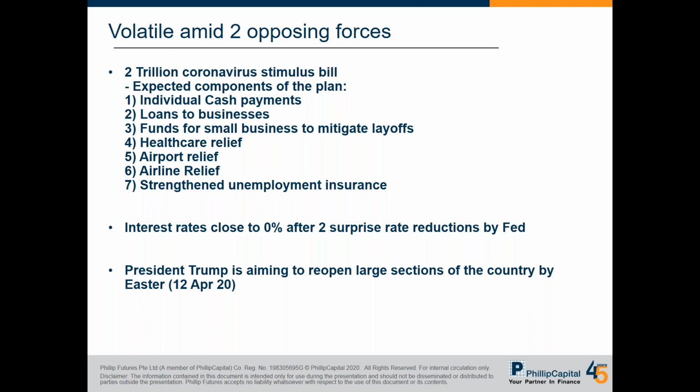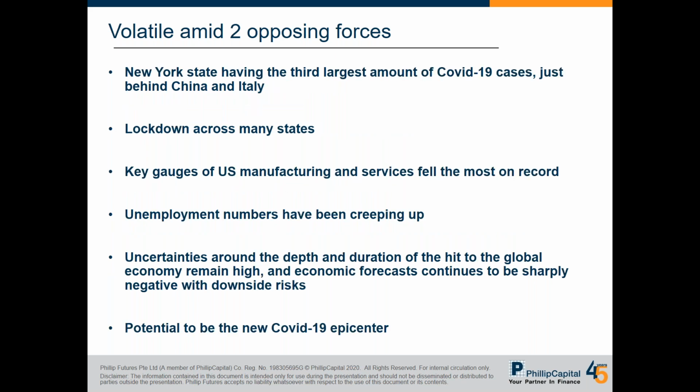Also, you can see that President Trump is very business-centric. He's aiming to open large sections of the country by Easter, which is 12th April. So all of this shows that there are two sides of the camp. One side of the camp in the US is very pro-business. They want the economy to recover in the US, but of course there is another side of the camp that is more health conscious itself. Those who are more health conscious see negative impacts to the economy, such as lockdowns, etc. All of these are detrimental to the US economy, but it may be necessary to curb the